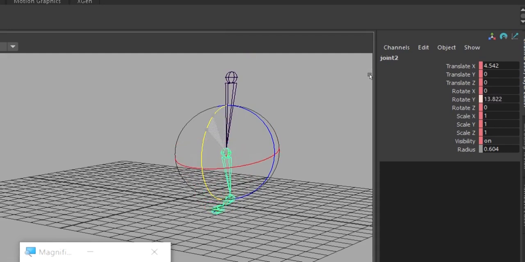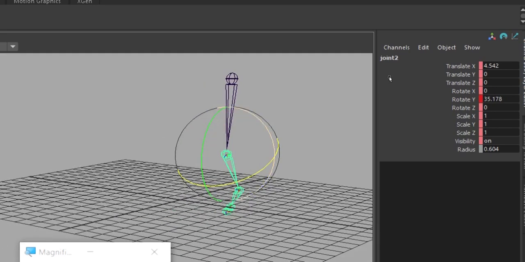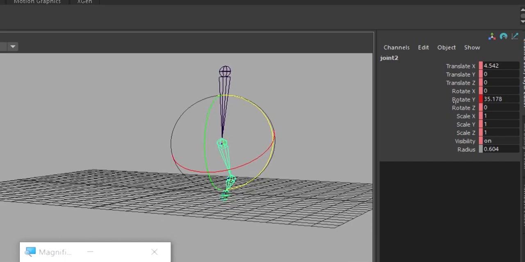And it is also clear which axis value is being changed. Okay, now you can see Z.